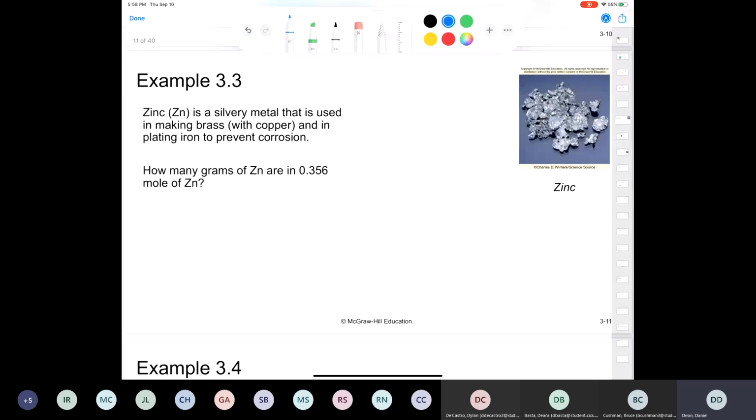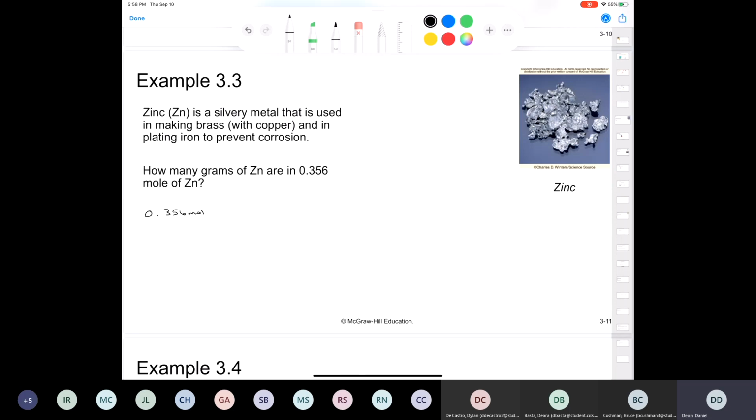Lots of good examples to look at this evening. This next one says zinc is a silvery metal that's used in making brass with copper. So brass is an alloy. It's just a mixture of copper and zinc. And in plating iron to prevent corrosion. How many grams of zinc are in 0.356 moles of zinc? I'm going to start this one off for us. I'm starting off with